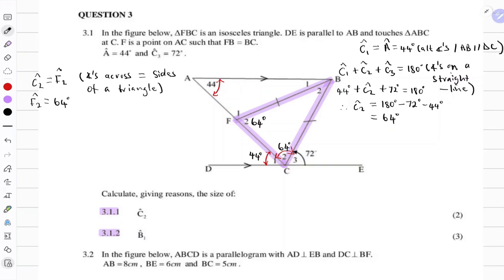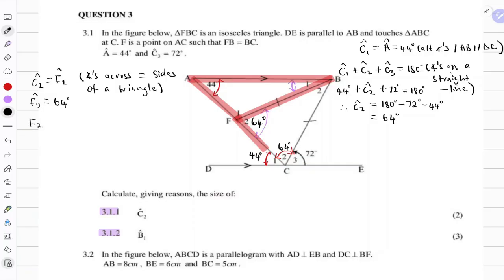64 degrees. Now if you consider triangle AFB, you will see that F2 behaves like an exterior angle. And we know the exterior angle of any given triangle is equal to the sum of the interior opposite angles. In other words, this exterior angle is equal to the sum of these two angles because they are opposite to this exterior angle. So the way we would write this is we would say